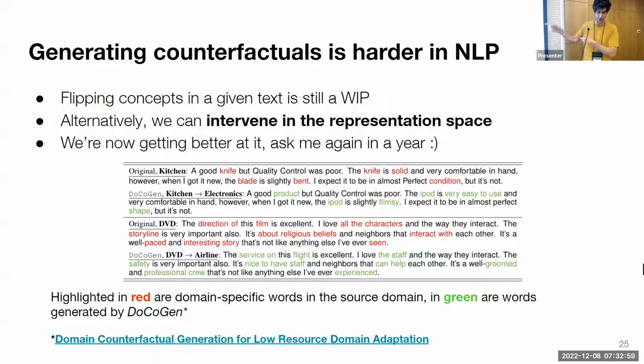So we can see here some examples of product reviews that are from a specific type of domain, right? The first one is from kitchen, the second one is from DVDs, and I can intervene on the text such that I'm flipping the domain that's being discussed while trying to keep the other things intact, right? I'm only trying to manipulate that abstract concept controlling my domain. There can be very fancy ways of doing that, but this is what we're trying at least to approximate through some mechanism. All right, you can see that when I have flipped from DVD to airline reviews, the word film is now switched to flight, and the rest of the words are also manipulated such that I still have same sentiment, same general syntax, same general topic.